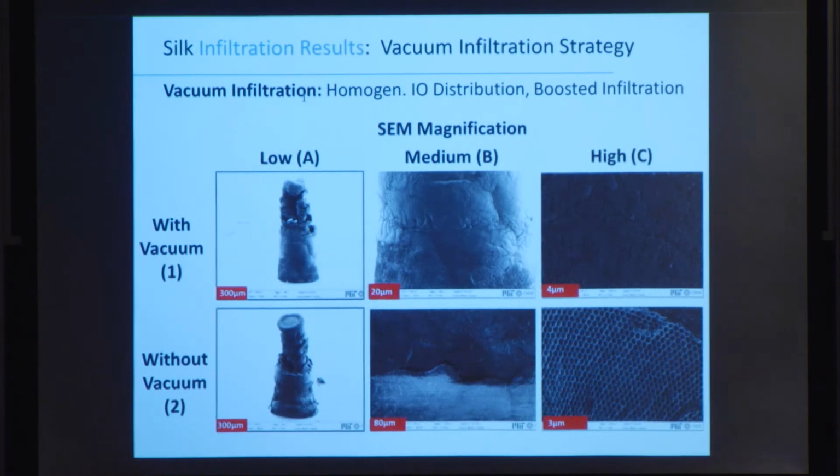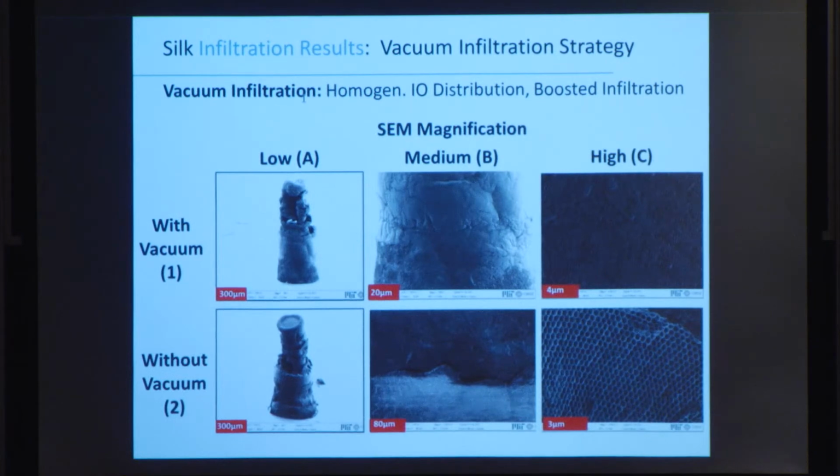In this image table, we compare samples with the vacuum and without the vacuum, at different levels of magnification in the SEM. We see that both samples have pretty good structural retention. In these images, we see homogeneous distributions of inverse opals with the technique, and we see the formation of a silk skin on the bottom region without the vacuum technique, and we see good inverse opal features in the